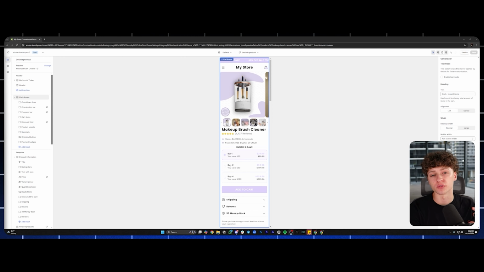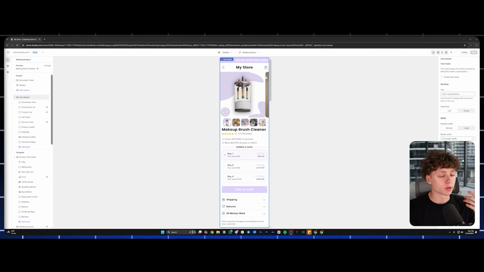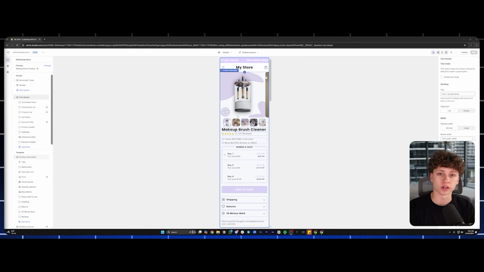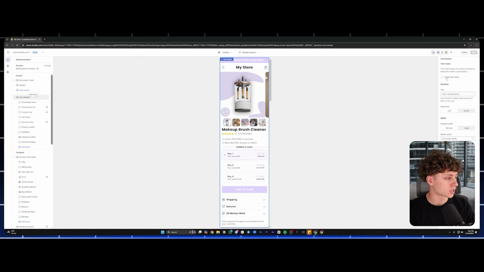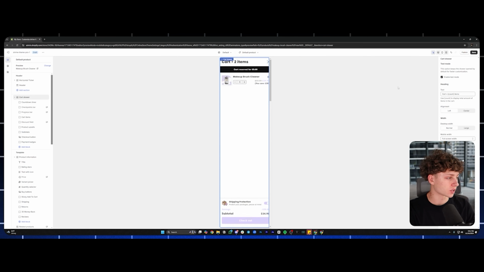Ryan here, back with another video, and today I'm going to be showing you guys how to make the best looking cart drawer possible. So we're going to go ahead and jump straight into it. Some of you guys are probably experiencing a drop off between add to cart and reach checkout, and this is probably why. So click cart drawer, enable the test mode,